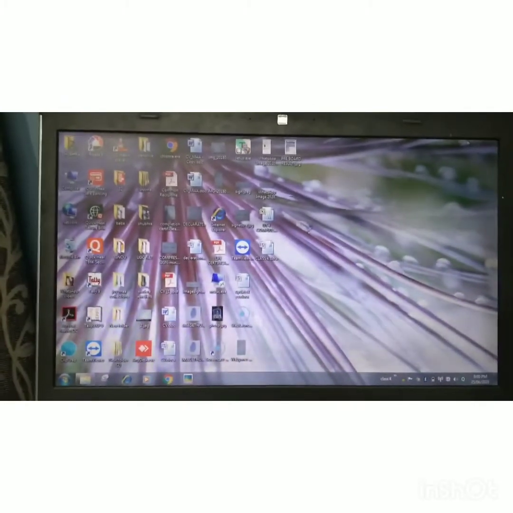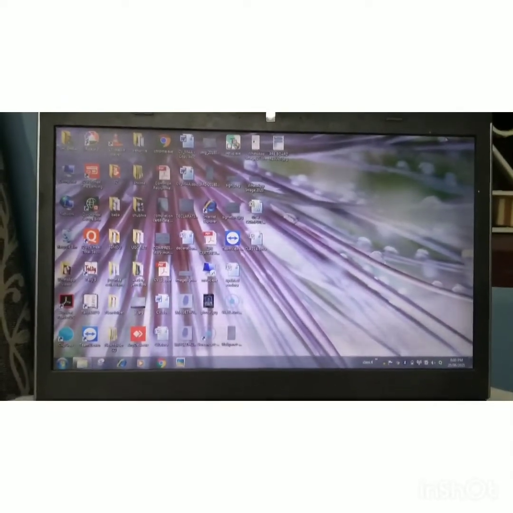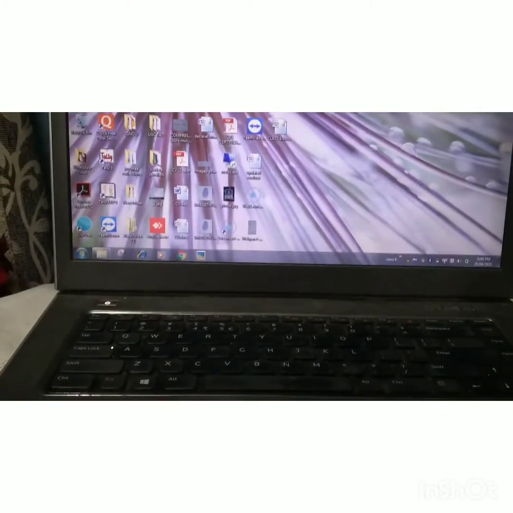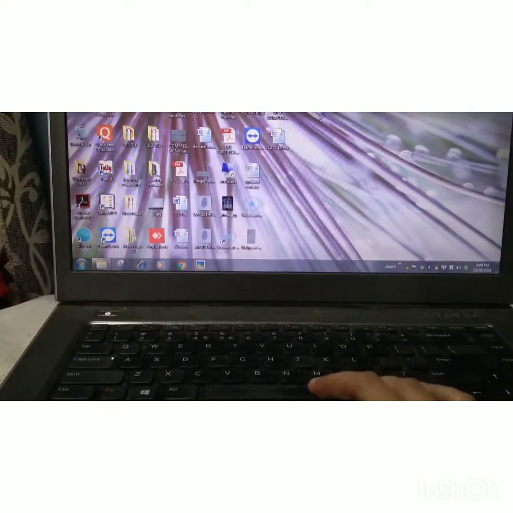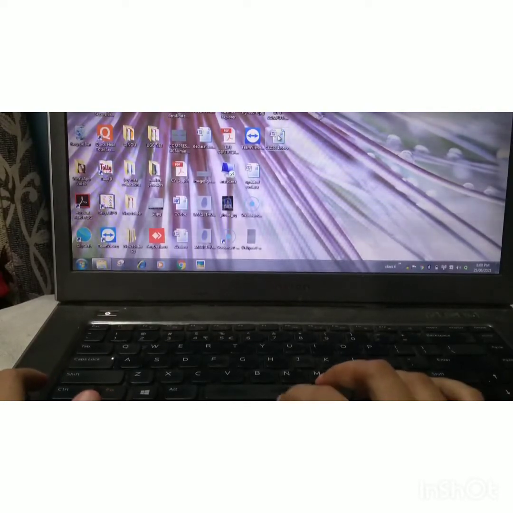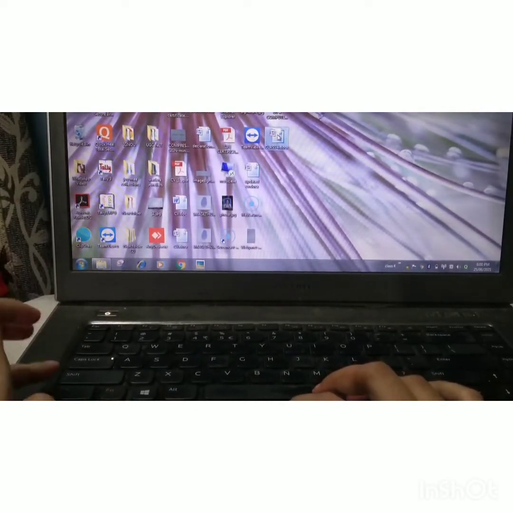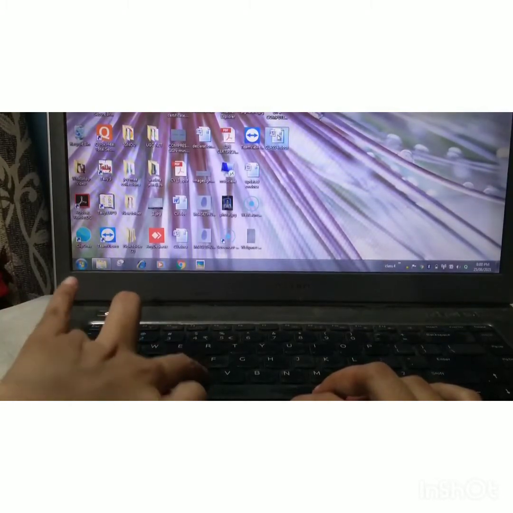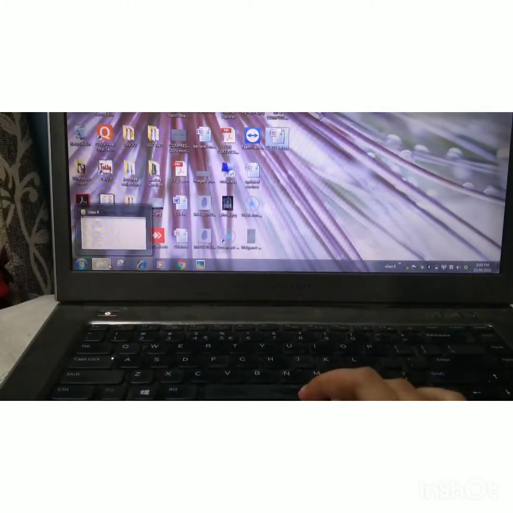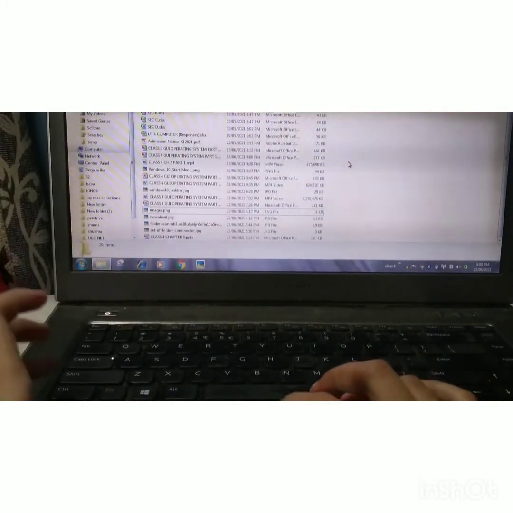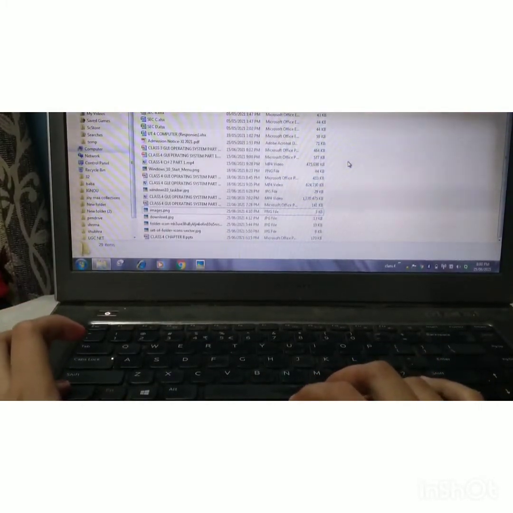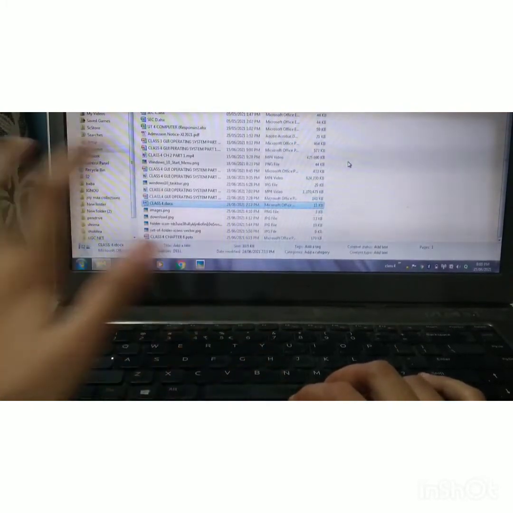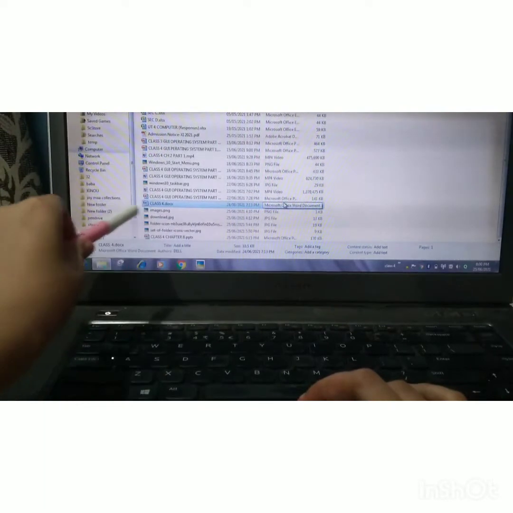Now the other method of copy and paste of files. By this method you need to press the buttons, that is the shortcut keys. I am going to show you how I would do this. See, I am just placing my cursor over this file. For copy you need to press Ctrl plus C, then go to your desired location, and for pasting you need to press Ctrl and V. See, this file has been copied and pasted here.